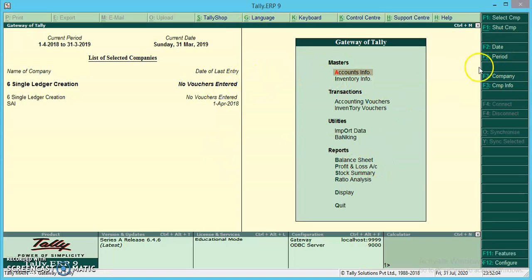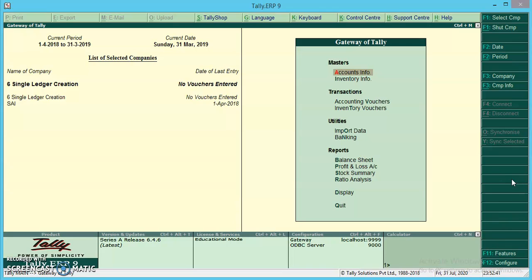We are in Gateway of Tally screen. In Tally ERP9, the F12 configurations are provided for accounting, inventory, and printing options and are user definable as per the requirements. The F12 configurations are applicable to all the companies residing in the Tally ERP9 data directory. The F12 configuration options vary depending upon the menu display.